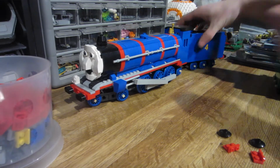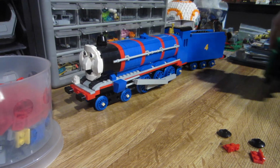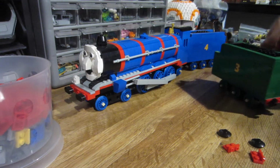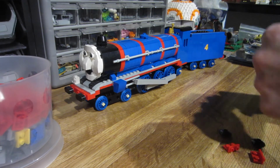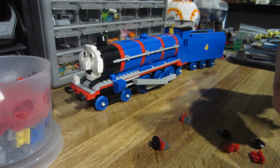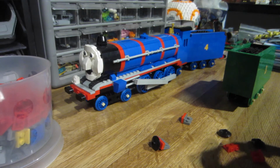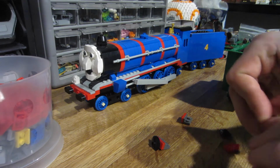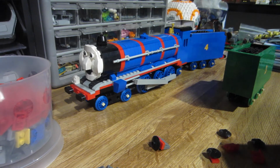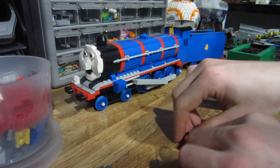Later on, I'm actually debating whether or not I want to go to 8-wide engines. I know it's kind of silly since I built them all in 6-wide, but it's just an idea. Gordon and Henry could look a lot better, and Toby, if I went up to that 8-wide, but I don't think any of the larger engines, mixed traffic and most of the tank engines, are going to benefit from a change like that. But if I change Gordon and Henry, I want to change everybody. So that's an option. But getting back to my original question, sorry, I got sidetracked with that,